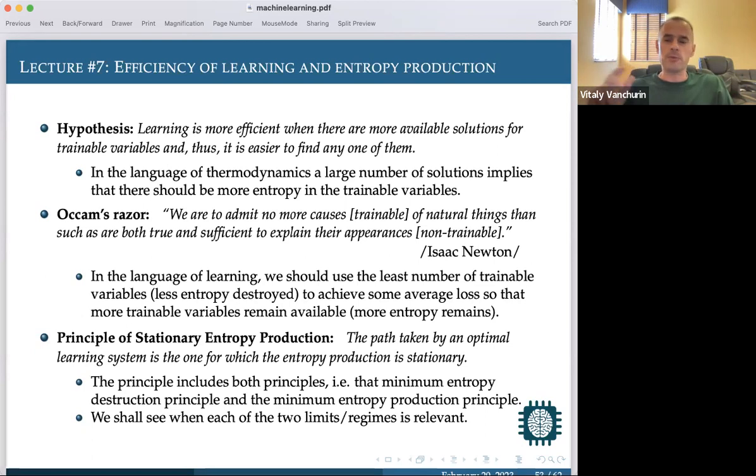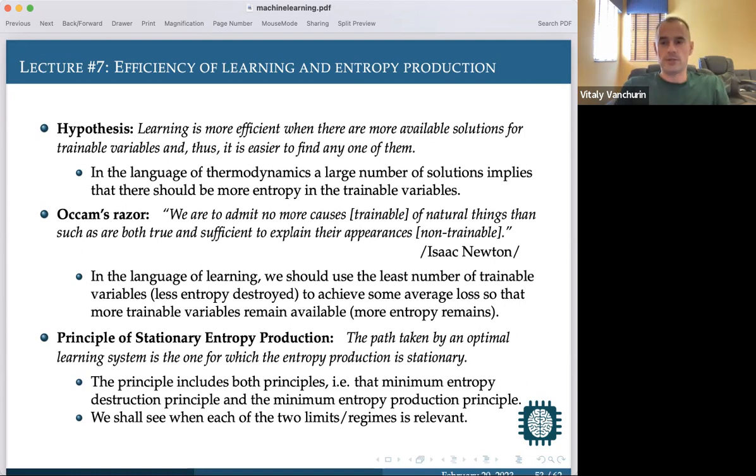Now we have to be careful because entropy production can be either negative or positive, and so there will be two limits that we'll discuss. Now, however, this principle is a bit stronger, and it tells you that in some situations it may be the minimal entropy production, and in some it may be the maximum entropy production. And we'll discuss those two limits, exactly when they are realized